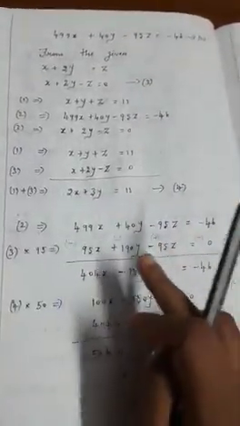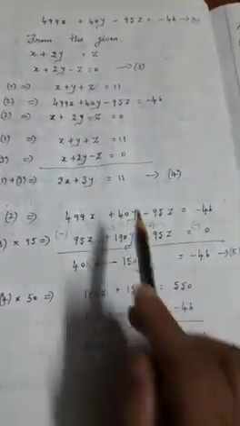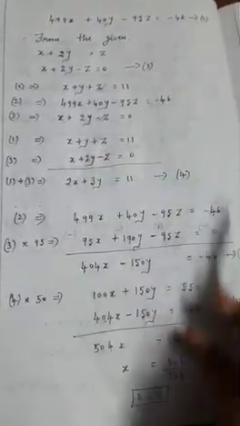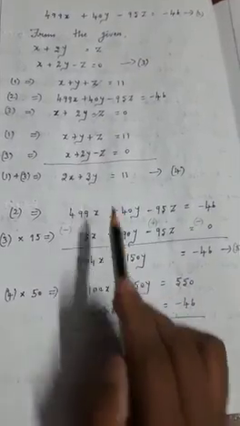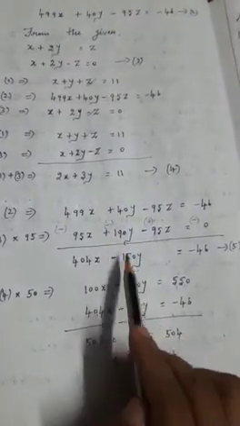If you want to eliminate any variable, if the coefficient of that variable is the same, you can eliminate. So now see here, the x variable coefficient is not the same, and the y variable coefficient also is not the same. So which is easy to make the same? This full equation, here 3 you have, here 150 you have. So 3 and, without the 0, 3 and 15 you have.